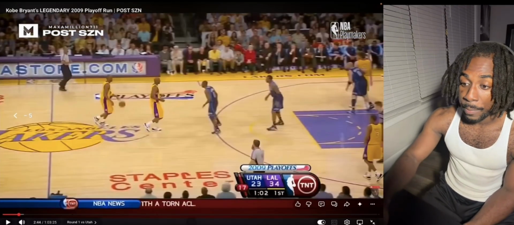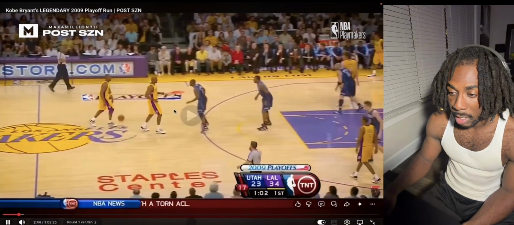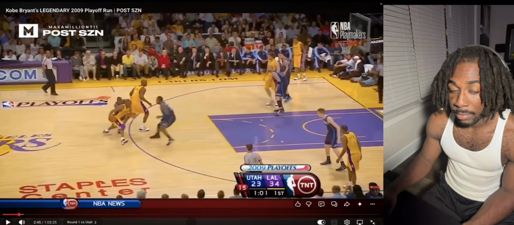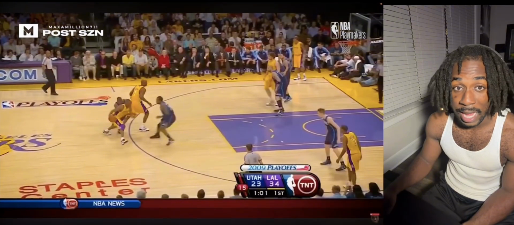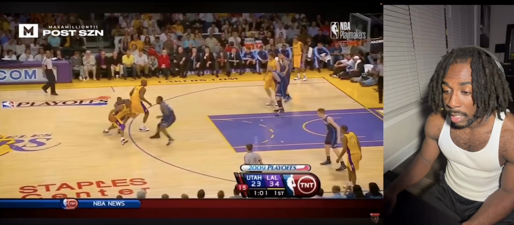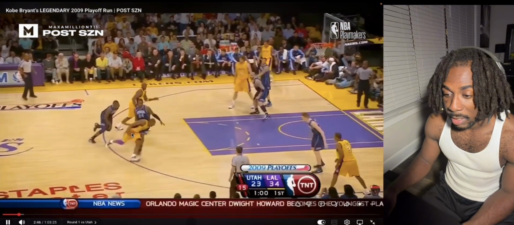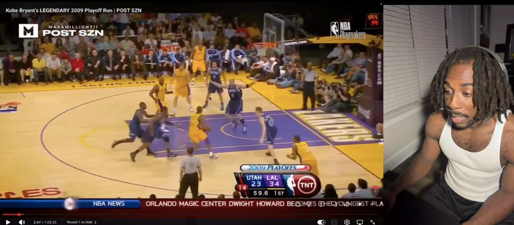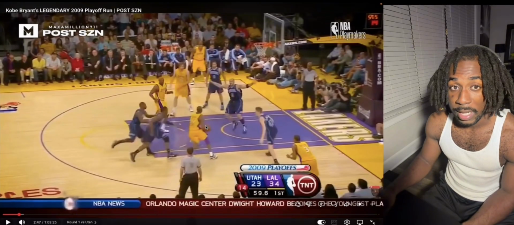So by him beating Paul Millsap after that screen, so here, boom, you set a flat screen. You come off tight so he can't just swim over and blow the screen up. Now you got to beat your guy. Basketball's about beating your guy. If you can't beat the guy that's in front of you, you're not going to make it too long in this game. You got to be able to beat your guy. Here, you beat your guy by attacking his hip. You attack that hip low, and now you attack big man. Big man has to take you, so you got the opportunity to either finish at the rim or dump down to Odom like he did.